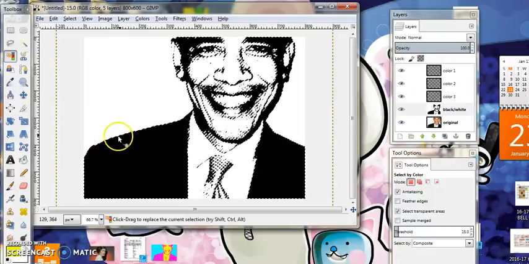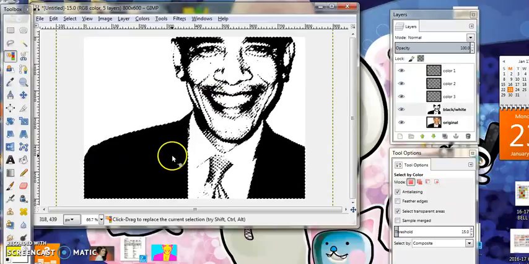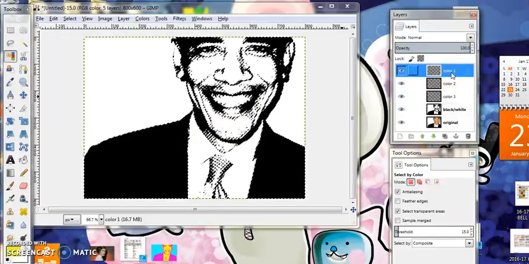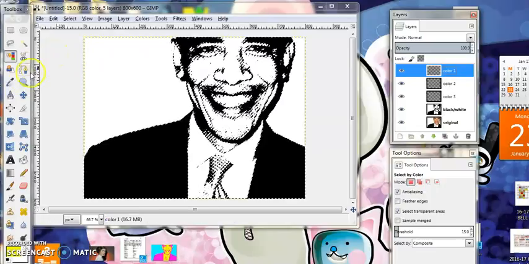And as you can tell, we got those crawling ants, and it's going all over the place where it's black on the image. That's what you want. Then you're going to go back over to color 1. And then in your toolbox over here, all the way down here,